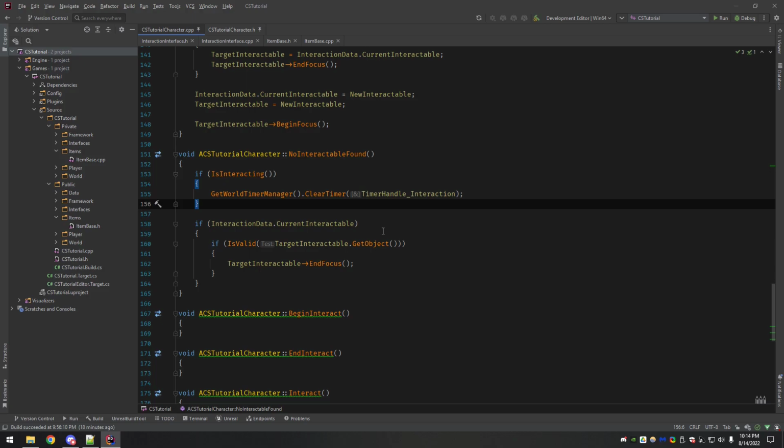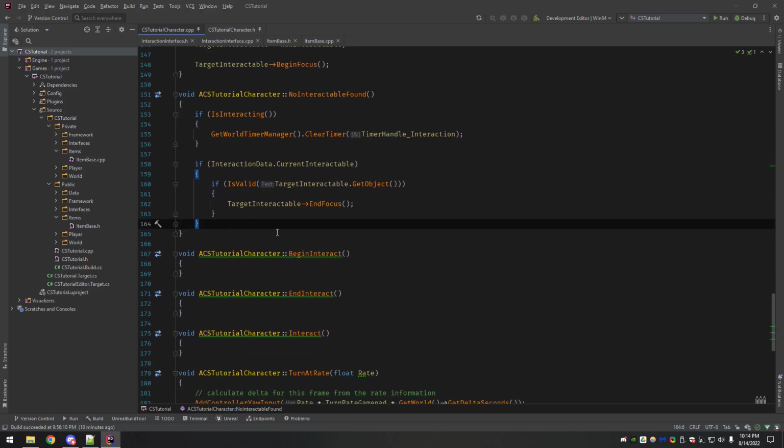So you call destroy on it, which is a way to just say delete this actor. What I found through my debugging on all of this is that there's times when destroy happens before this. So it would destroy the pickup before it was able to process that this interactable was gone, so it would try to call in focus and cause a crash. The weird part about it was that it didn't happen consistently. The order of events is not always guaranteed in the engine, I guess, with certain things, and this is one of them.